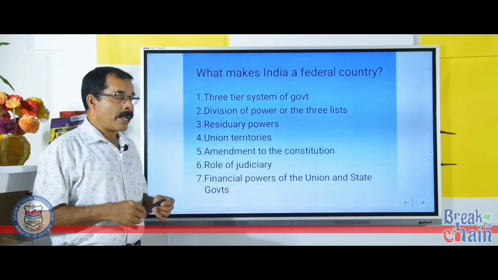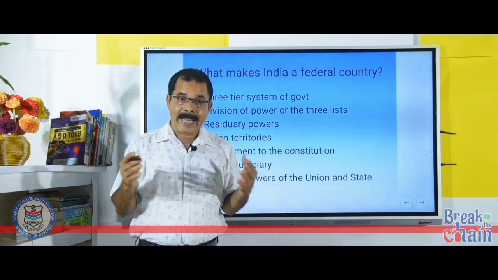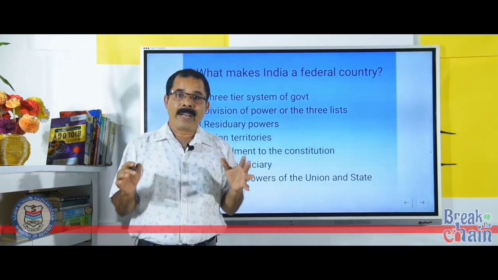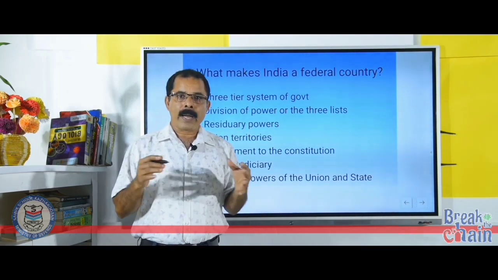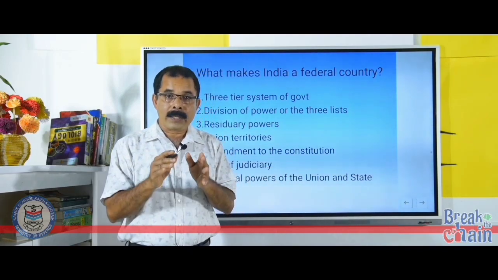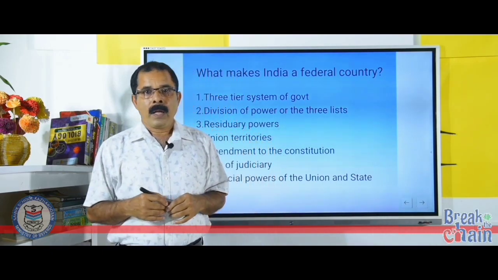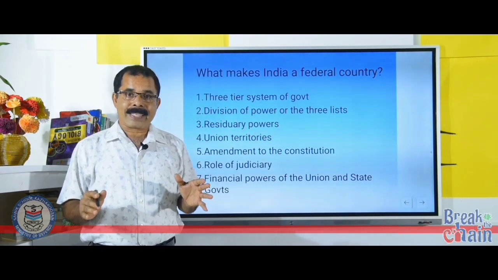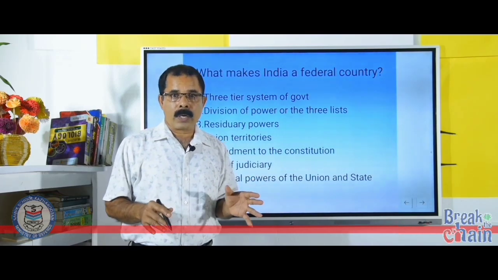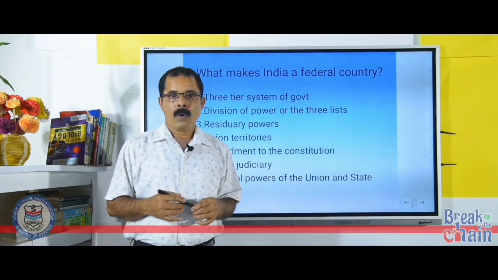Next is the union territories. Children, we have 28 states and 8 union territories. Why do we have union territories? Why are they not made part of the states? Or why are these union territories not given the status of a state? They are kept as a separate entity because they have a cultural, ethnic, or some political background. For example,